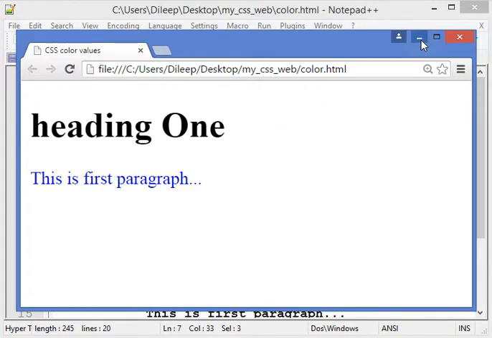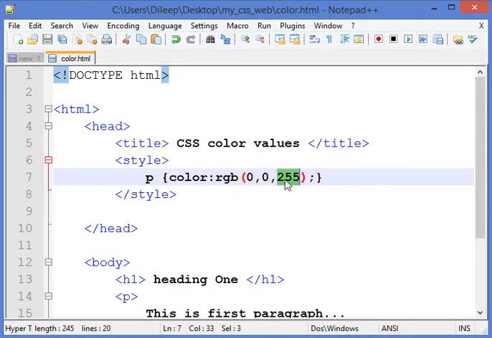And now I can even assign these values as percentages. Suppose I want the red to be 50% in the mixture, okay, and the green should be 20%, and I want blue to have 10%.